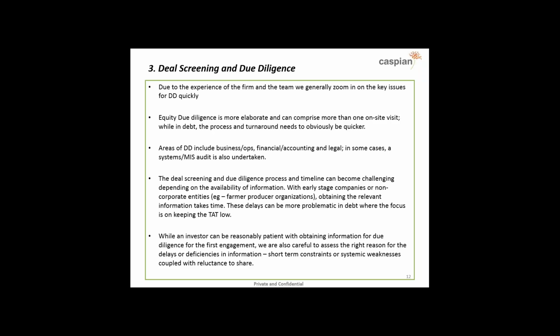And I think the point we'd like to make is, of course, we are reasonably patient, and there's a lot of follow-up that goes on with obtaining information. And if there's some hand-holding required in early stage companies, we understand that, it takes them some time for systems to be in place. But we're also quite careful about ascertaining what the real reason is for the delay, or if there's any deficiency in the information. Whether it's simply a short-term constraint, whether it has only to do with the fact that they do not yet have all the systems and processes in place, or if there is some deeper issue,